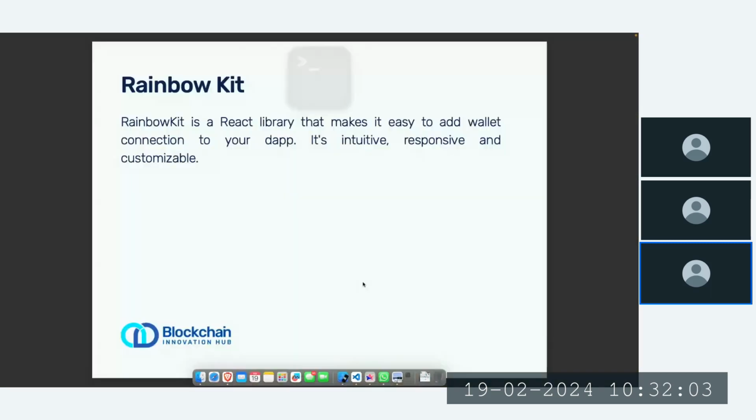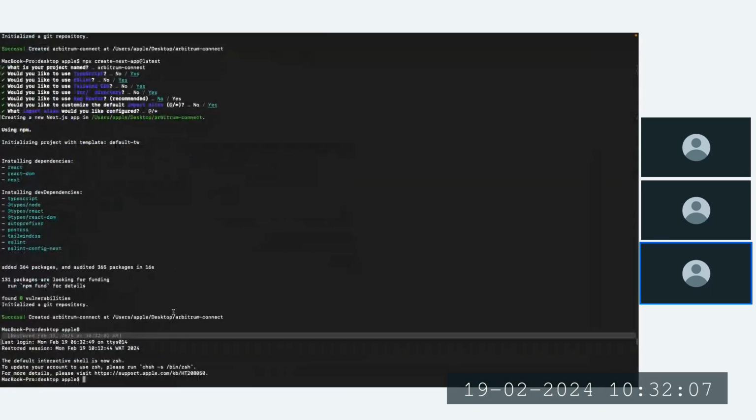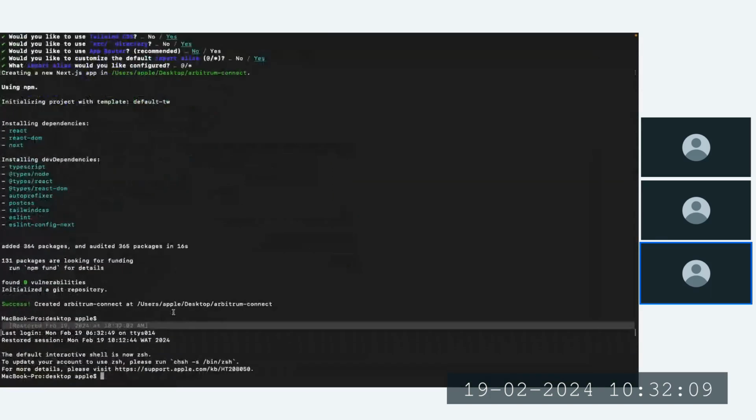So as I said initially, the first step is what? First step is we're going to initialize our Next.js application. How do you do that? First off, you need to make sure you have npm and Node.js installed on your laptop. And I believe at this point we should all have that installed on our laptops. So to create your Next app, you do npx create